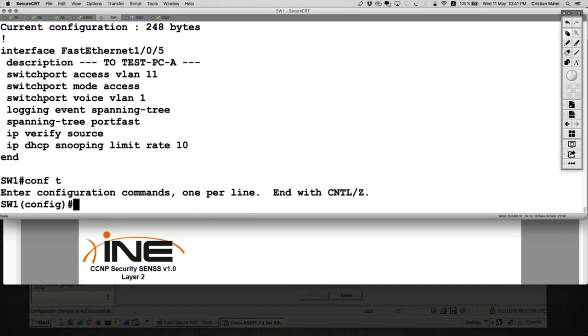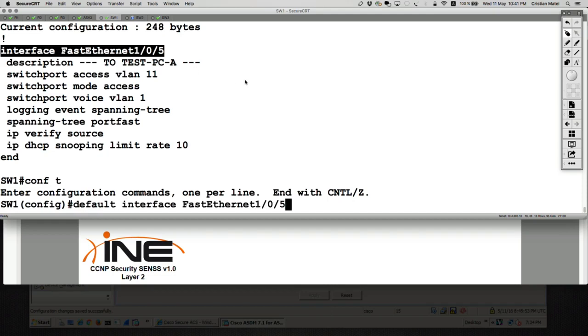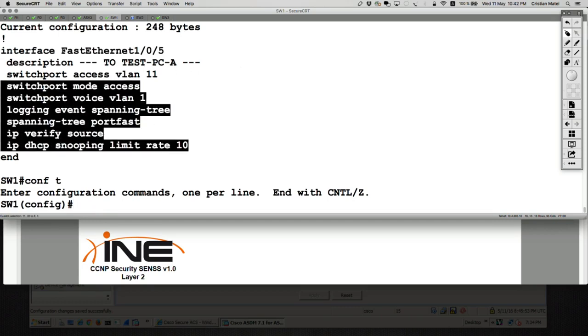Conf T. And to keep it simple, let's say default that interface. Well, I'm going to lose the IP addresses. Let me just configure it. So pretty much everything which is in there should go away,